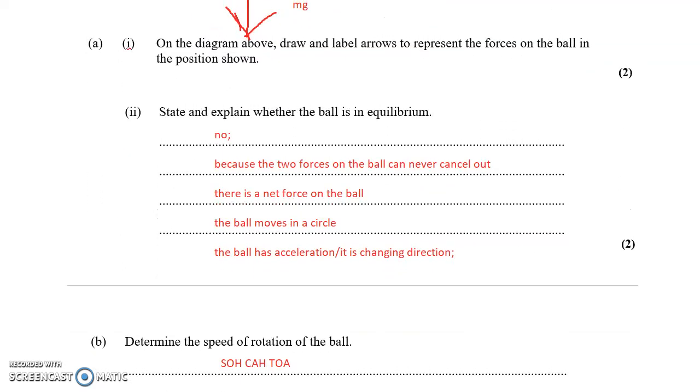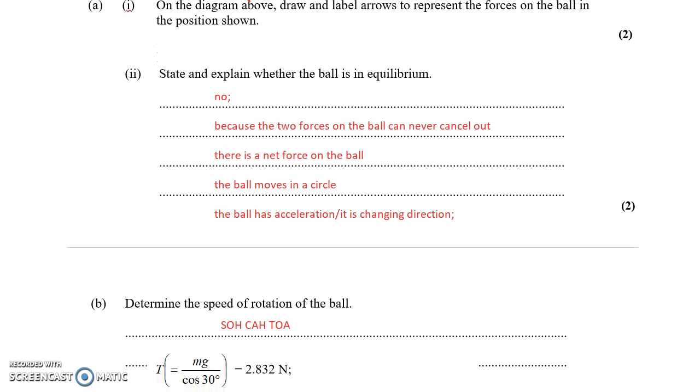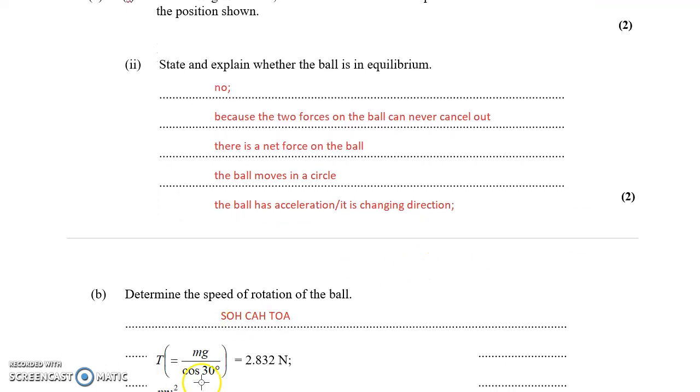If you remember our SOHCAHTOA, cosine of the angle is equal to the adjacent divided by the hypotenuse. We rearrange, and we get tension equals the weight divided by cos 30,